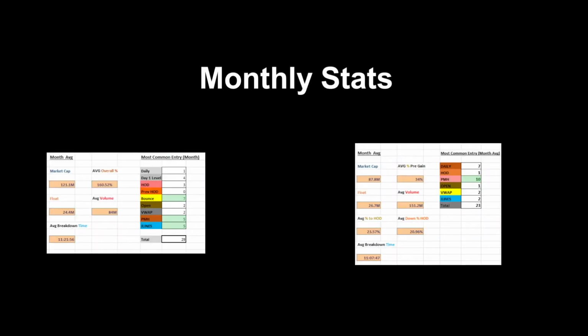So, firstly, the monthly stats on my setups have definitely changed. These are just two setups I trade. I think I now trade about four setups. I've added two, and one of them was a long setup. But anyway, these are the main two I normally trade, and you can just see some normal stats here like market cap and float, average volume, all that kind of stuff. For you, that won't really matter because you'll need to track your own setup and see how those change.